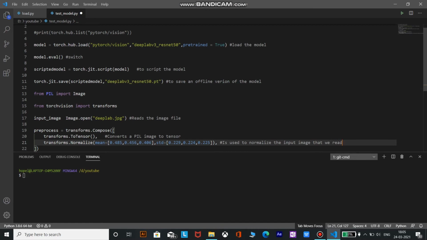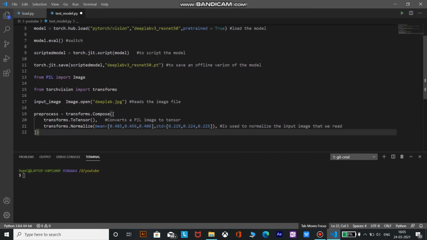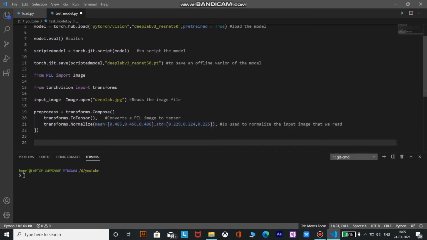Yeah, so I think this is all right. We can move ahead. Our preprocessor is ready, so we just need to pass our input image to preprocess, and it will then get transformed to a tensor and normalized around the mean and standard deviation we passed for the three channels. Let's name the variable input_tensor and pass it into preprocess